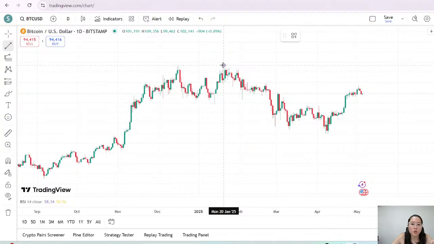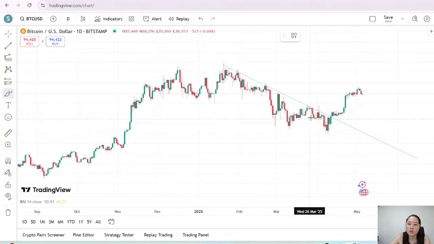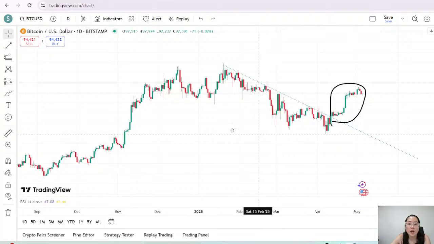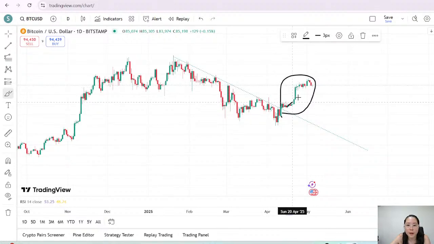Bitcoin was also on a downtrend. This is a very nice channel actually. And then it was broken. This part was broken. Something a trader told me once, and I'm like, oh, okay, that makes sense. He said that what he noticed is that every time price breaks this trend line, it usually likes to come back and test this trend line.